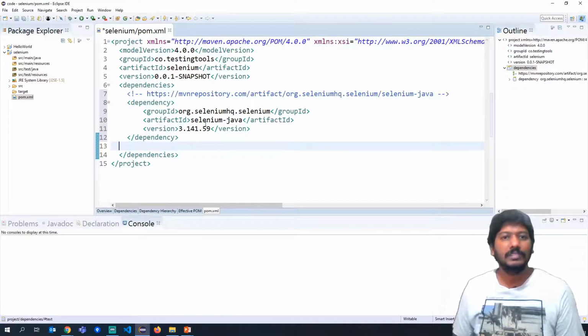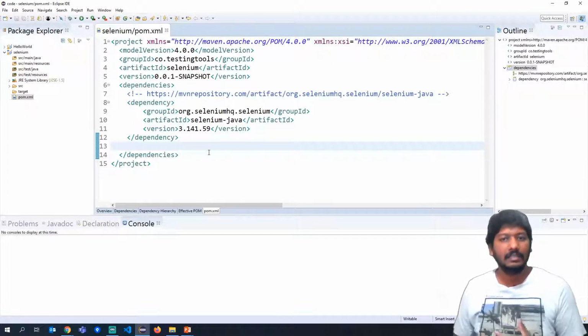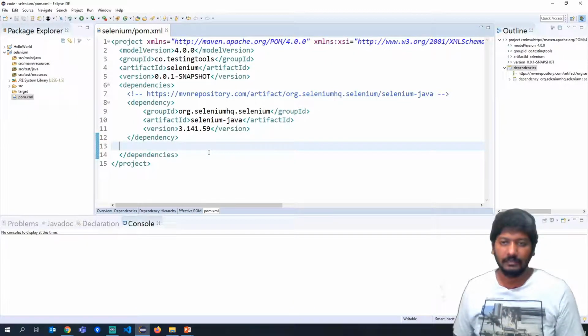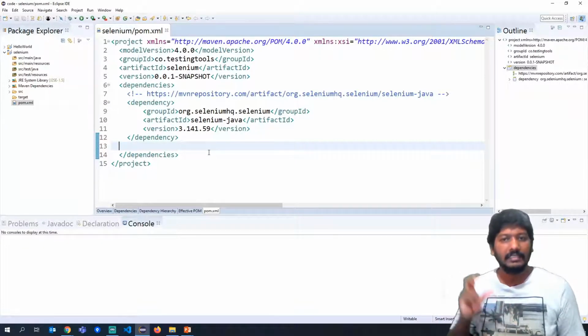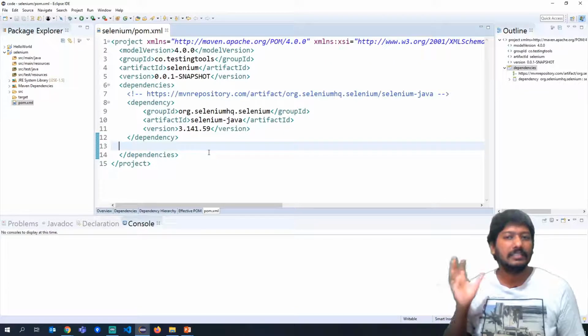Once we have added this dependency, you can save it with Ctrl S, or you can use the file menu to save it. Now when we do this, it takes some time to download these libraries from the internet, right? We are not adding any jar file to the project specifically, but when we add this Maven dependency, that dependency itself will download the jar files and keep them in a certain location.